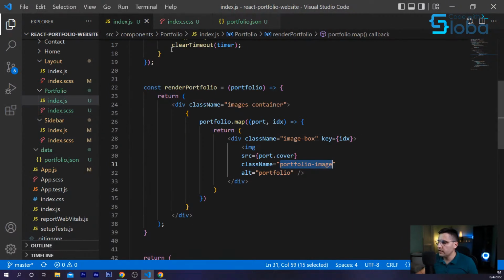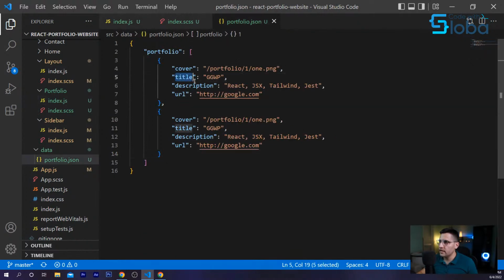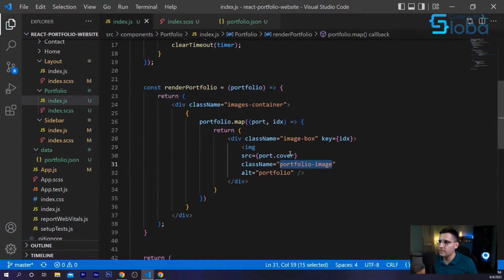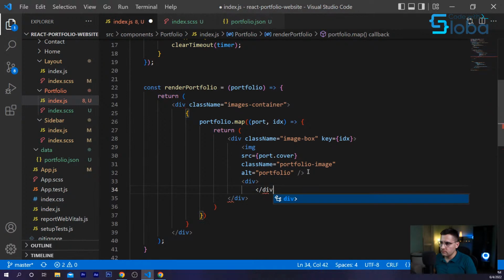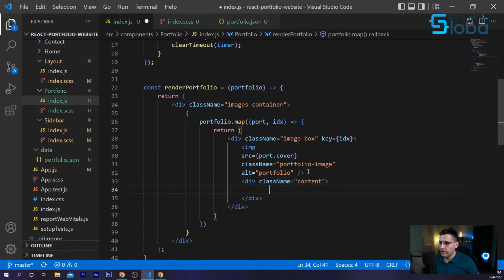Now I want to display the other information that we have inside of our portfolio. As you can see, we have the title, description, URL. So I want to create elements for that as well. Below our image, let's add another div, and class name, let's say content.